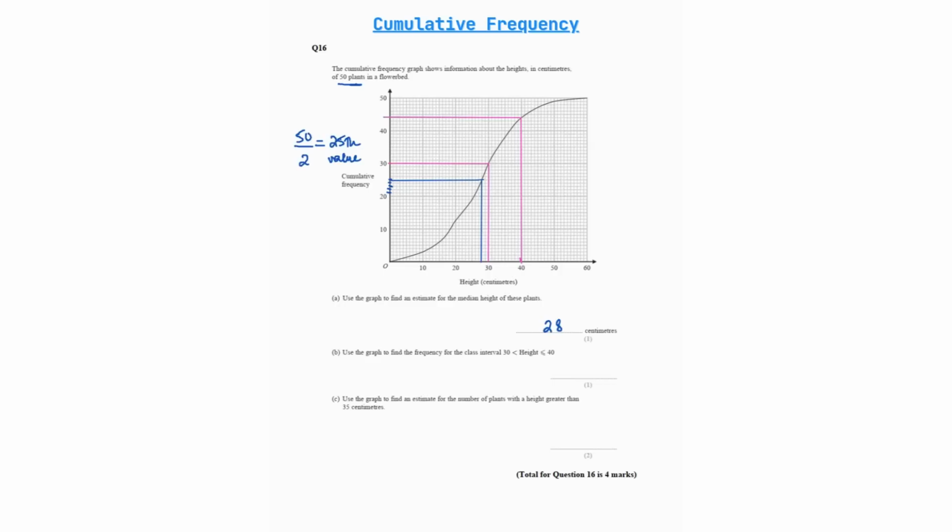And we're getting 30 over here and 44 over here. So what we do is they want the frequency for the class interval. So we subtract 44 and 30, which gives us the frequency for the class interval of 30 to 40 centimeters of height, which is 40. Then use the graph to find an estimate for the number of plants with a height greater than 35 centimeters. A height greater than 35 centimeters is